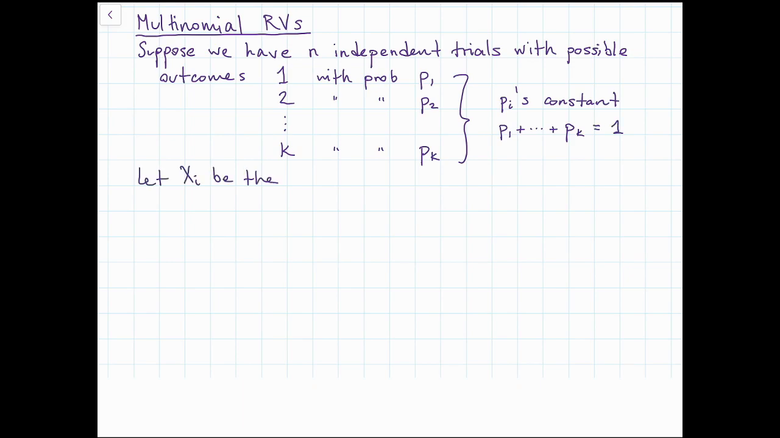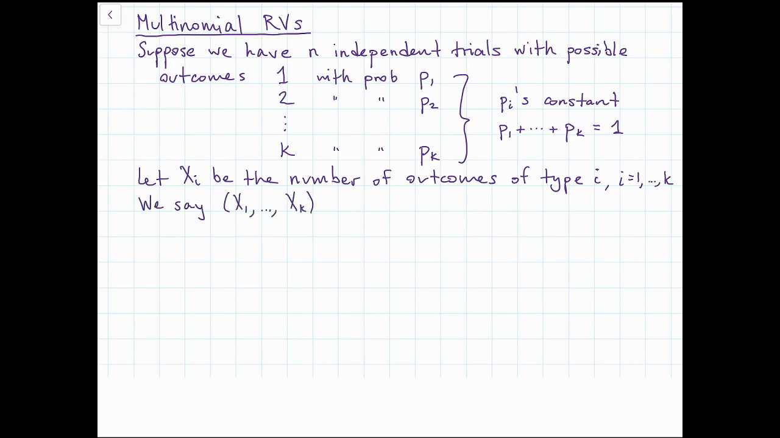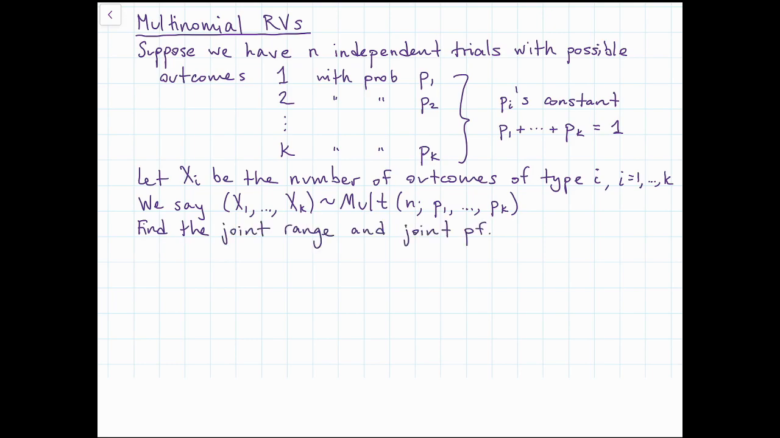So we're going to let xi be the number of outcomes of type i that we get in those n trials, for i equals 1 up through k. So we have k random variables, and we say that their joint distribution is a multinomial with parameters n and p1 through pk. Let's see if we can find the range and the joint probability function of this collection of multinomial random variables. For the range, we can obviously see that each xi has to be between 0 and n,